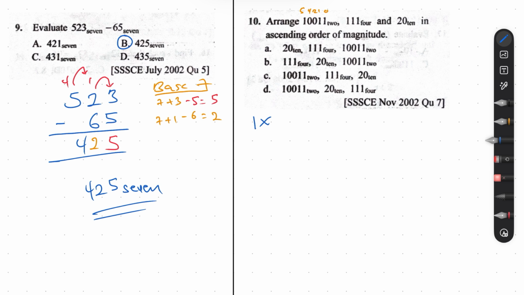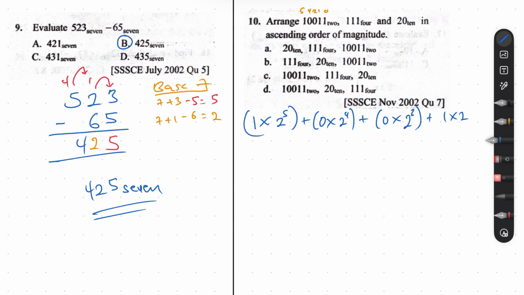We're working with base 2 here, so we have 1 times 2 to the power of 5, plus 0 times 2 to the power of 4, plus 0 times 2 to the power of 3, plus 1 times 2